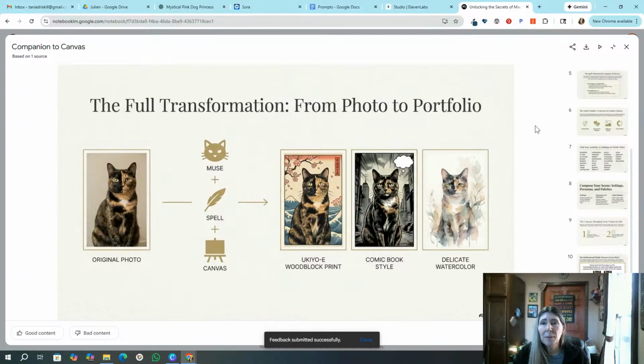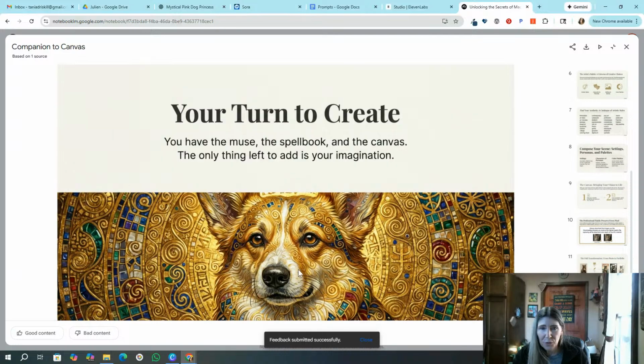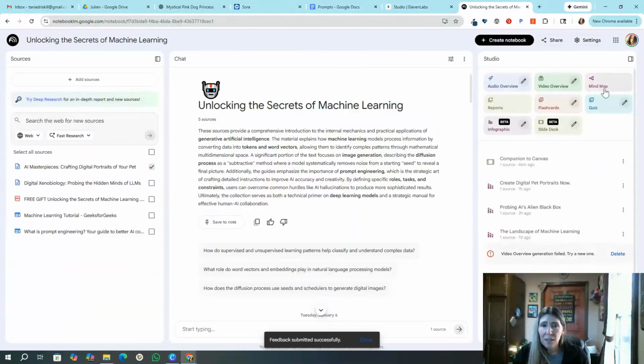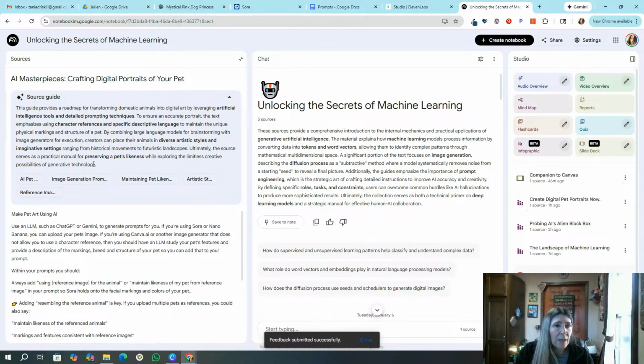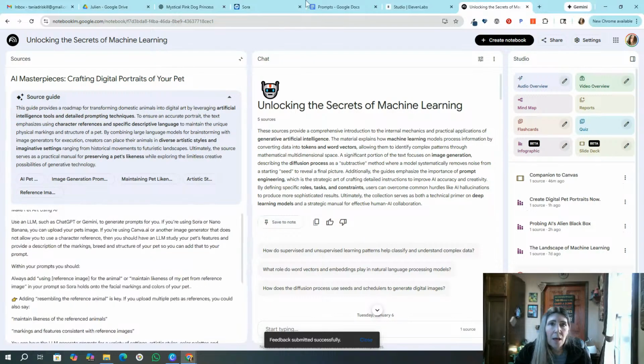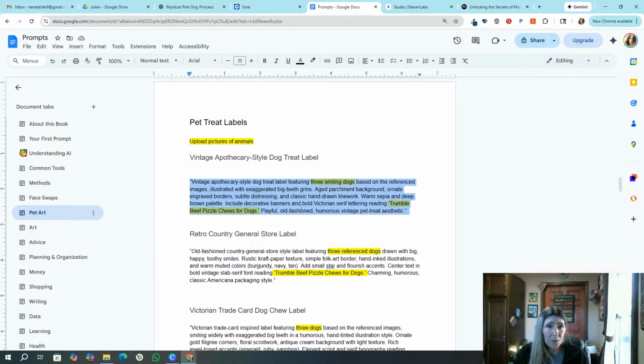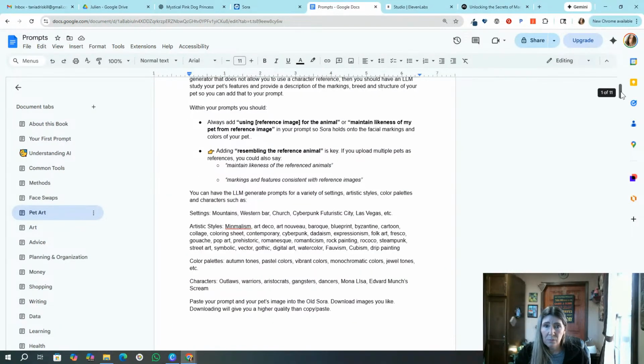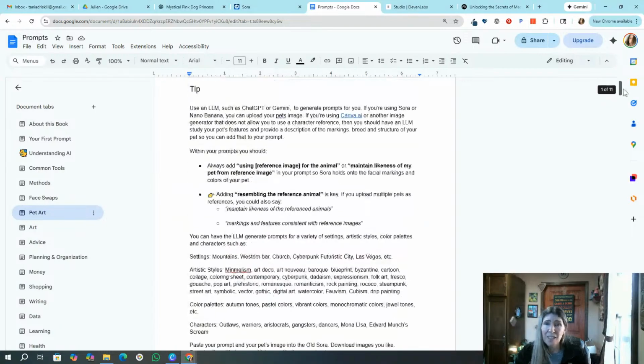Actually, Notebook LM made this presentation for me. I'm going to show you that too. Basically, all I did is I pasted in the instructions that I actually have. This is what the instructions look like. Just that right there is what I pasted in.